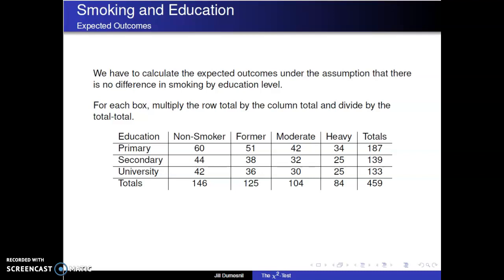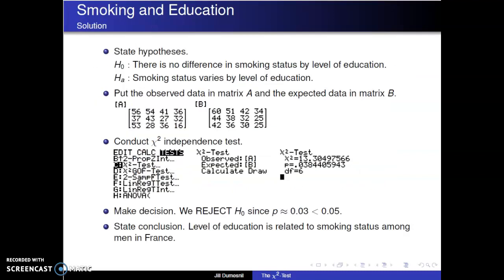For each box, we multiply the row total by the column total and divide by the total total, and the expected data is shown in the table. Now we're ready to conduct our test. We know the hypotheses, we put the data in the appropriate matrices, and conduct the test. Our p-value indicates that we reject the null hypothesis and conclude that level of education is related to